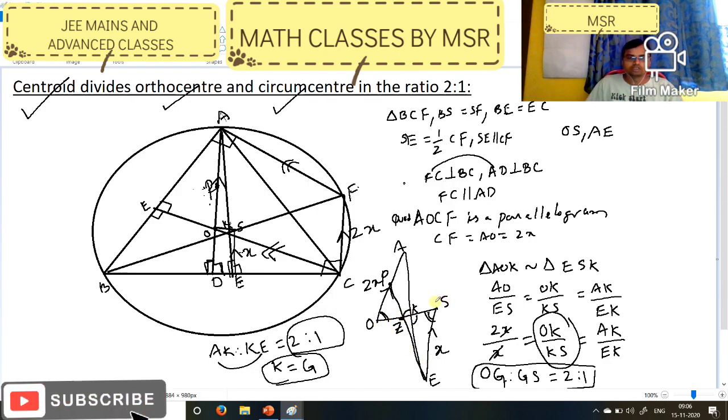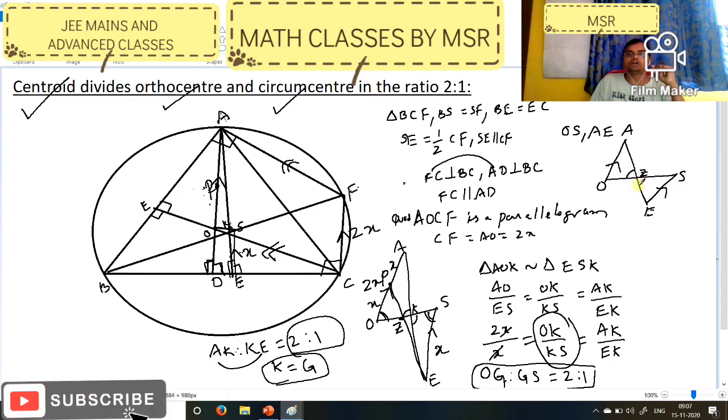Now you check. I am drawing separately here so that you will find the relation between the 9-point center and the orthocenter and circumcenter. The 9-point center is the midpoint of the orthocenter and circumcenter. How it is, we are going to discuss now. This total length is 2x, this length will be x, this length will be x. So I am drawing like this, A, O. This point I consider as some Z, SE. As well as AO is parallel to SE.